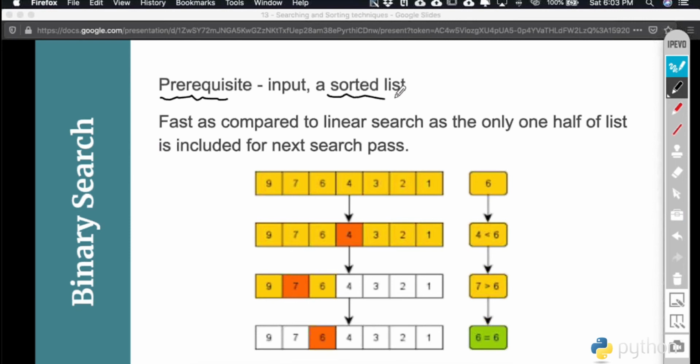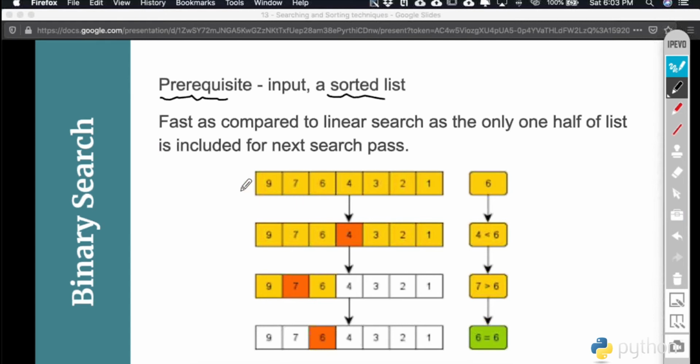Whenever we give a list to the binary search function, we assume that the list is a sorted list. If you have a sorted list, it certainly comes with patterns where the items are arranged either in ascending order or in descending order, so either an increasing order pattern or a decreasing order pattern.